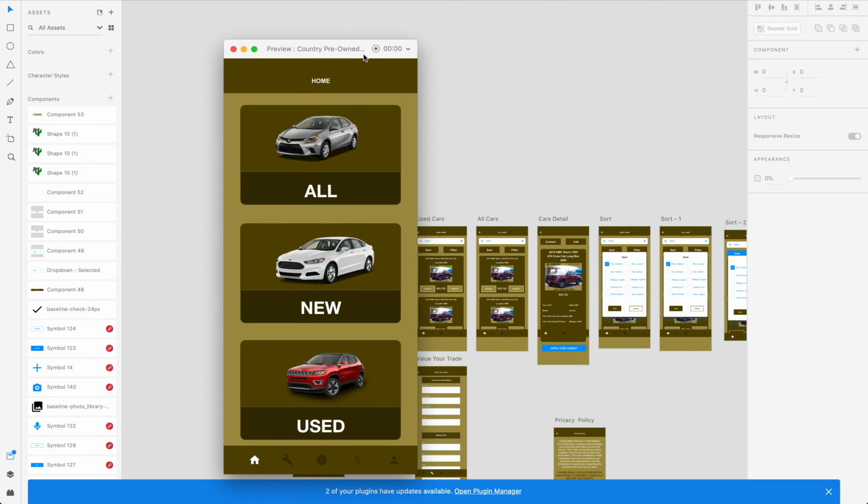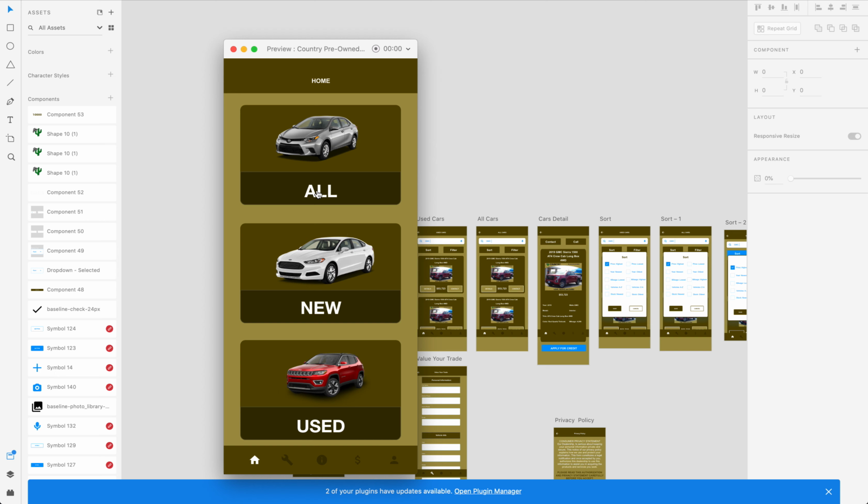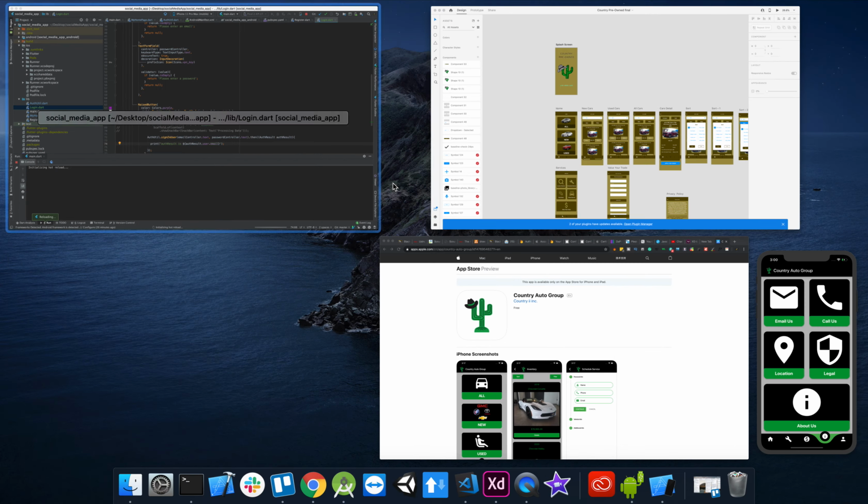See, they have a record button right here, so you can actually record what you're clicking. Send that to them as a video, or you can send a link, and they can actually download the XD and play with it on their phone like it's a real app. Also, a good reason why it's good to learn this is because